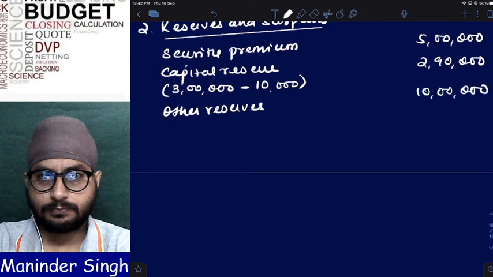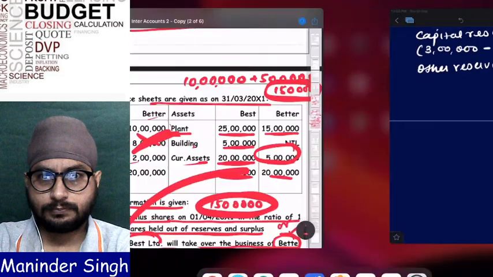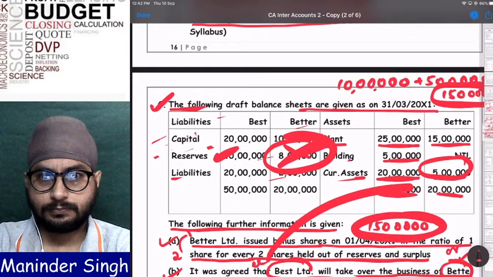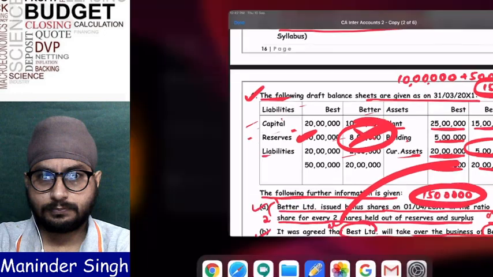Now tell, did I take the other company's reserves? No, right? If I don't take your company's reserves, will amalgamation adjustment reserve come or not? It will not come. If you want to, you assume that this 8 lakhs is statutory reserve. Then it will add to reserves and be minus under adjustment reserve. At the end of the day, the net effect will be zero only, right? The balance sheet will not change.